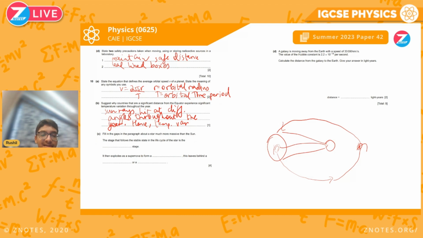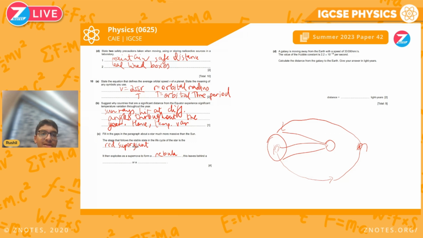The red giant stage, which our sun is touted to have in some billions of years, is for a small star like the sun. This is about a star much more massive than the sun, so this will be the red supergiant stage, not the red giant. Next, it explodes as a supernova to form a nebula. After it has run out of all the elements to combine for nuclear fusion and form energy, it explodes one last time as a supernova, forms a nebula, and then this